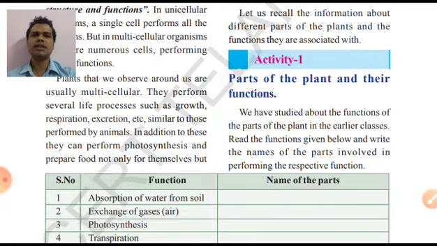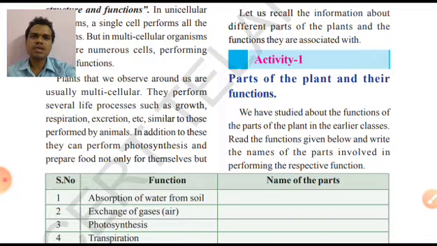For example, can you live without breathing? Can you live without eating or sleeping or thinking? Can you live without reproducing? You can live without reproducing, but your next generation will not be there. So nutrition, respiration, transportation, coordination, excretion, removing of waste, and reproduction are all necessary for the living of any organism. So these essential things that are required for the living of an organism are called life processes.